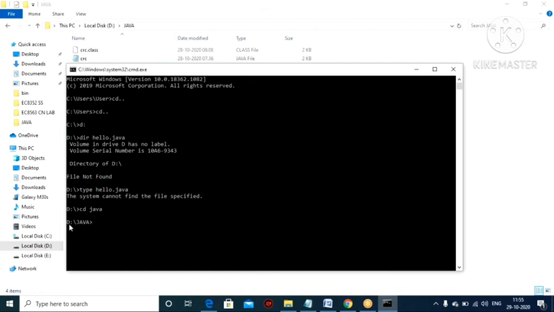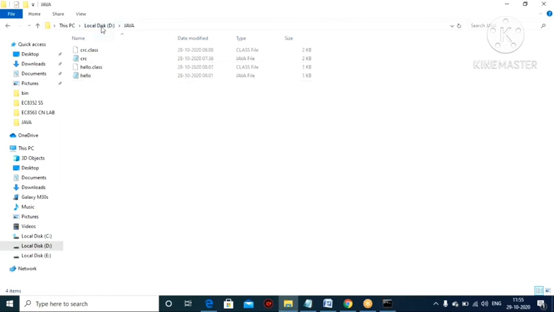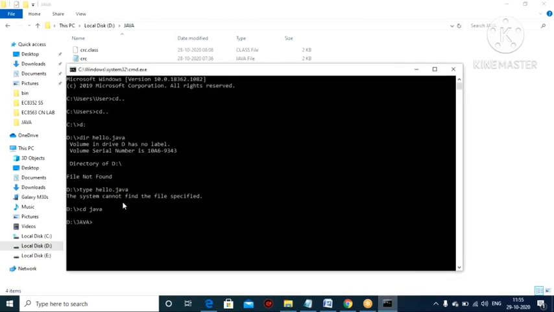So the path is D, Java. In the D drive I created one new folder called Java. The error appears because in this drive the Java file is not found; the file is only inside the folder I created, named Java. So I give the Java folder name here. Now I'll give the directory command, dir.